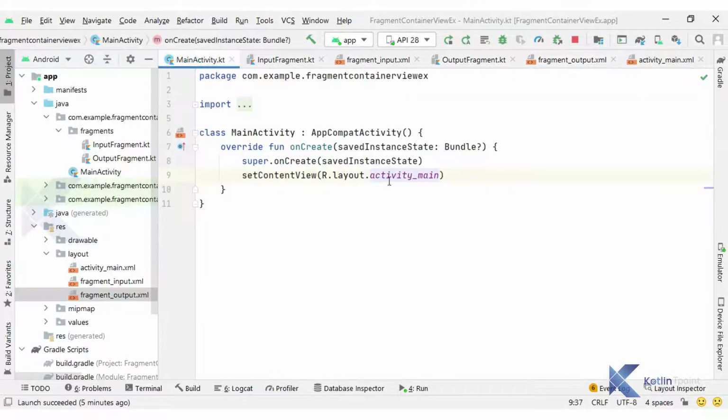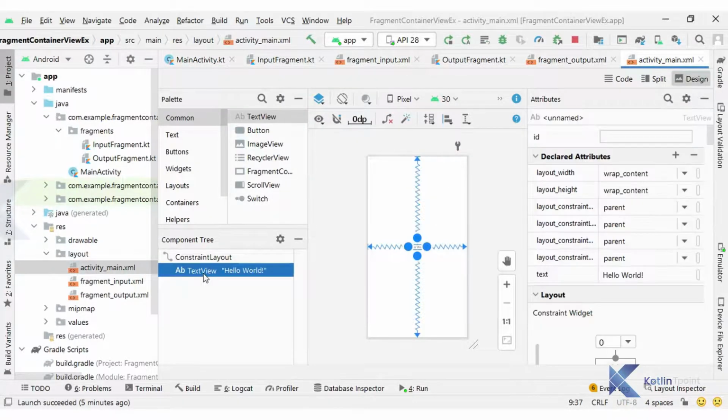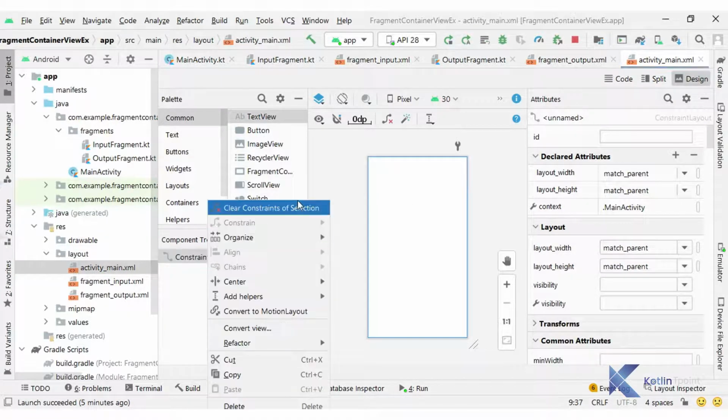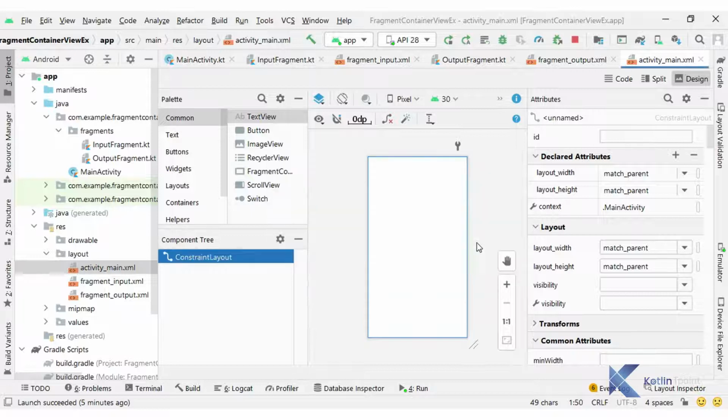Inside my activity_main layout file, I will remove this text view and replace the constraint layout with the fragment container view. Let me check if it is available. It is not suggesting it here, but I can find fragment container view inside my palette.